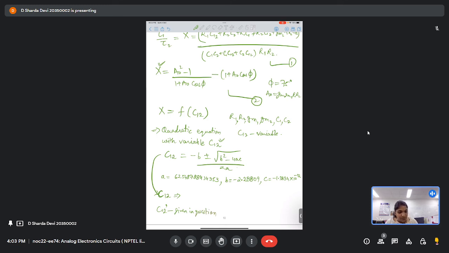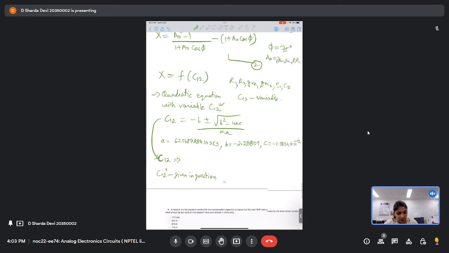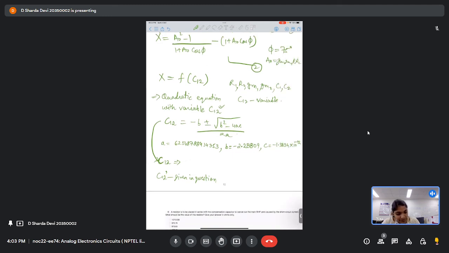So when we get the C12 from here, this is basically Cc plus C12 dash. So to find the compensation capacitance, we'll take the value which we are getting from above, and subtract it from the value given in the question. So we'll finally get the compensation capacitance, and this turns out to be